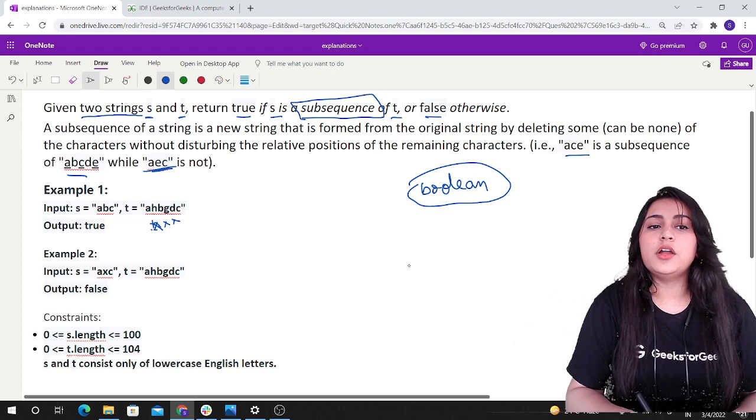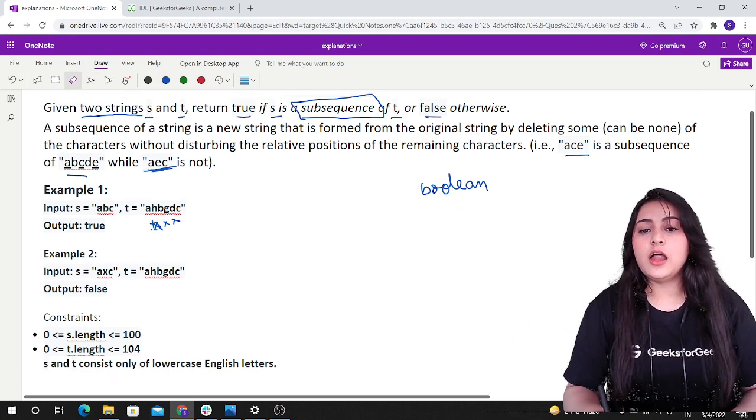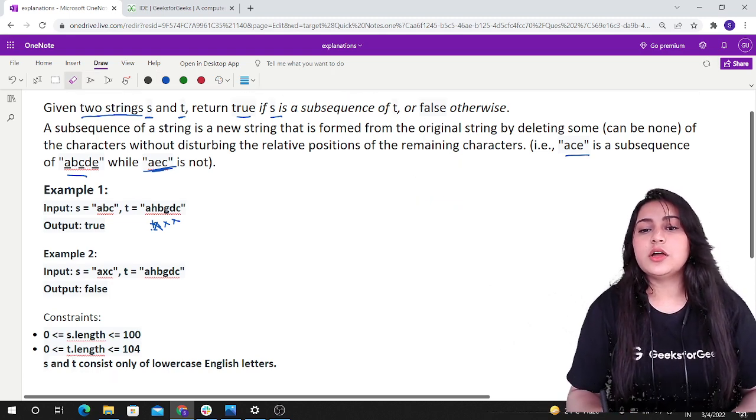So I hope that you have understood the meaning of subsequence, and if so, then now we'll start with the algorithm, or you can say the approach to